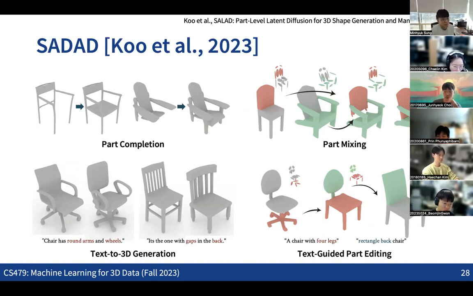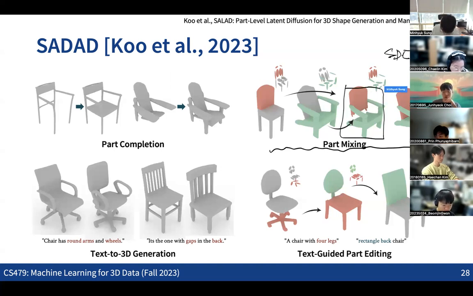in the different 3D models by applying the SDEdit idea. This is nothing but applying the SDEdit idea, where you take some parts from shape A and other parts from shape B, and then you get a somewhat unrealistic decomposition of the parts. Then the best way to project this unrealistic 3D object into a realistic 3D object is to apply the forward process and the reverse process a little bit using SDEdit, making more realistic shapes.